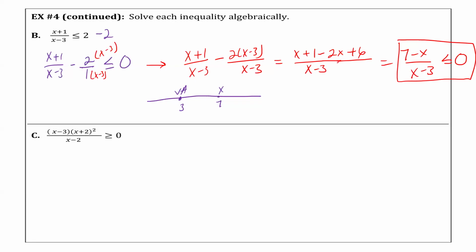So, continuation of 1B.8. We were talking about creating our sign charts, our sign graphs, and determining where things are. On 4B, we had figured everything out. We subtracted our 2, created 1, and now we're looking at (7 minus x) over (x minus 3). From that, we were able to identify our x-intercept and our vertical asymptote. Agreed? All right. Now that we have those lined up, then we're going to identify